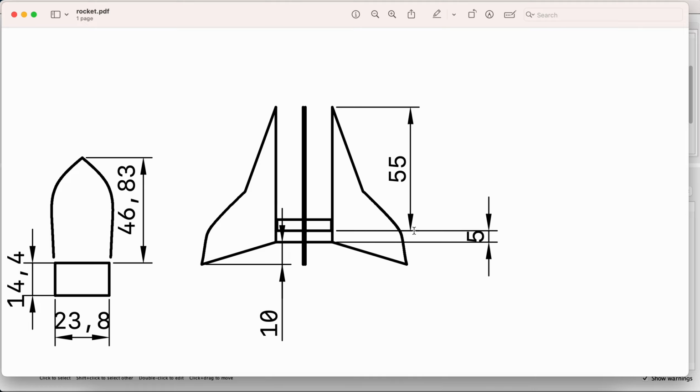And then to this line, and then from that line to the second line, that's 5. So that's a total of 60 plus 10 is 70. So my fins from the top to the bottom, that's going to be 70. And then from the tip down to the bottom, like I guess the root chord, if you will, that's going to be 55 plus 5 more would be 60. So that's great, but